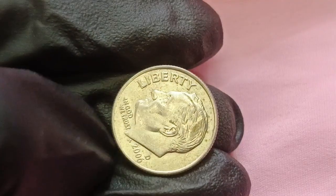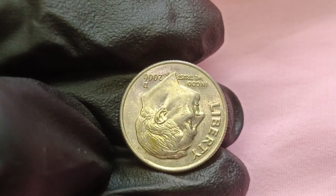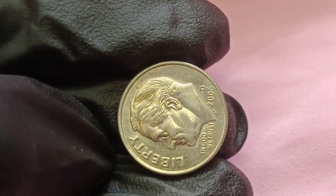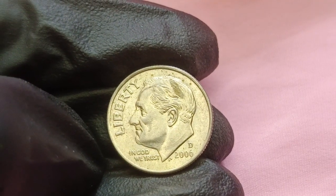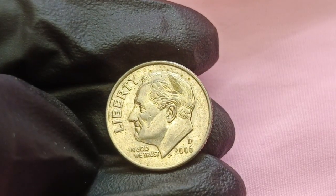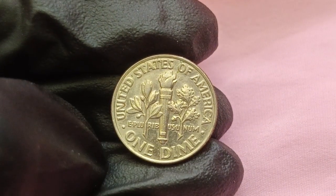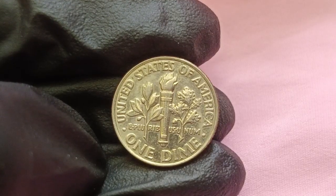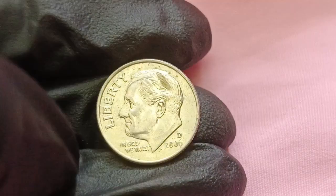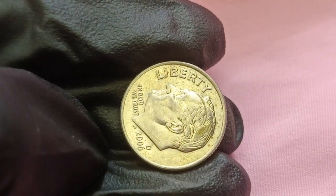The authentication process revealed that Danny's dime possessed characteristics that were not just rare, but essentially unique in the world of modern American coinage, including microscopic die markers that could be traced back to specific production equipment used during that March 15, 2006 shift, metal flow patterns that told the story of exactly how the multiple striking errors occurred, and embedded planchet fragments that created a surface texture unlike anything seen before in numismatic history, leading to a final grade of MS66+ from the Professional Coin Grading Service, indicating nearly perfect preservation despite having circulated for 8 years before its